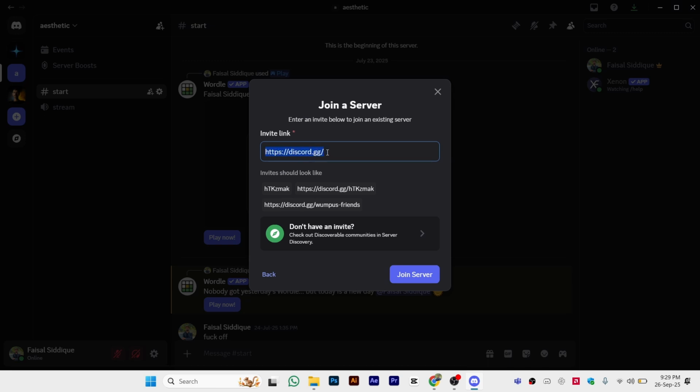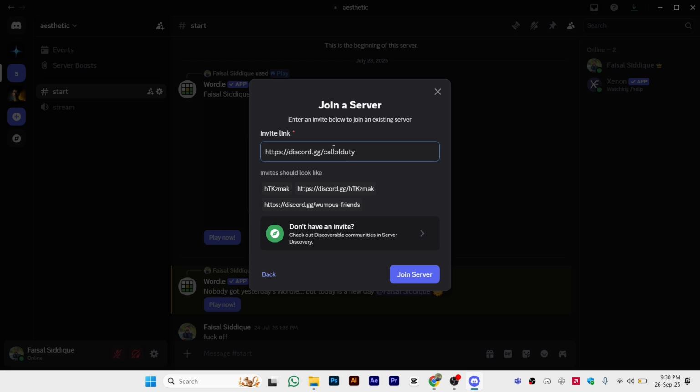Just go back to the same option and just write down manually, and once you write down this statement completely, after that just write down the name of the server. As you can see, there are some examples given as well by the Discord. So once you write down this statement, make sure to write down the name of the server correctly. Let's say I want to join the TikTok server. You just need to write down TikTok, or let's say I want to join a server for any game, let's say